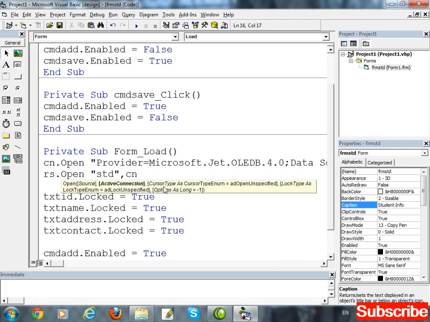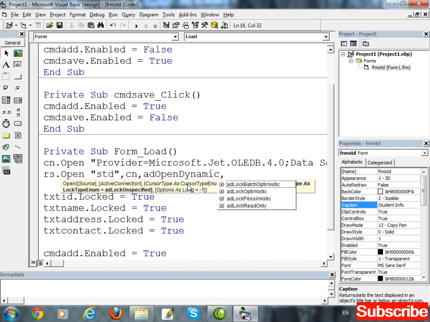Again put a comma and write cursor type. In the cursor type you have to select the first one, adOpenDynamic. Basically adOpenDynamic means that we will be able to use the navigations. Dynamically we will access the records: next, previous, last and first. So therefore we have to select the first one.